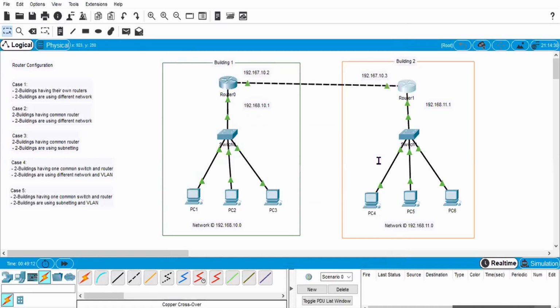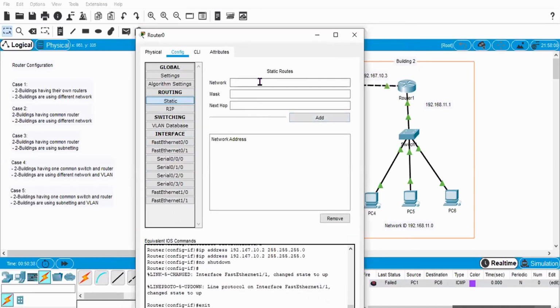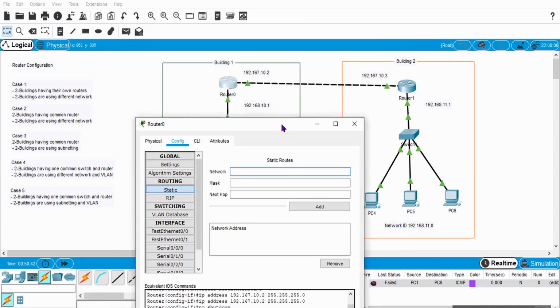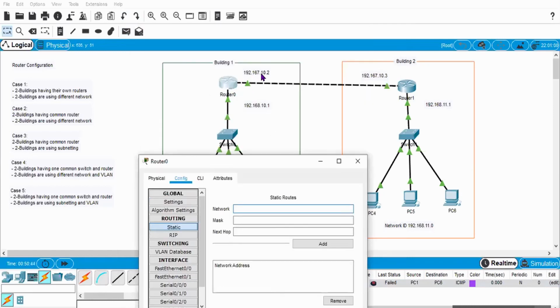Now what I did is I have defined one connection between those two routers. After this, go to static routing, and I will define that this 192.168.10.2 is where I have connected this link.